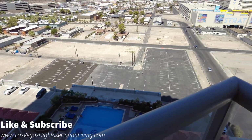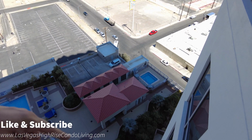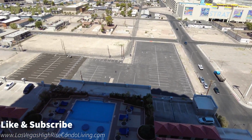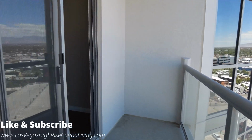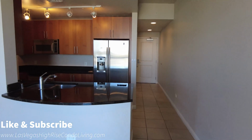And then over off to the right, we have the hot tub area, which is right over, kind of in the corner, so it's actually pretty private. Usually it's kind of out in the centerpiece of things, but this one is a little bit more private, which is kind of interesting. And then if I head back into the unit,